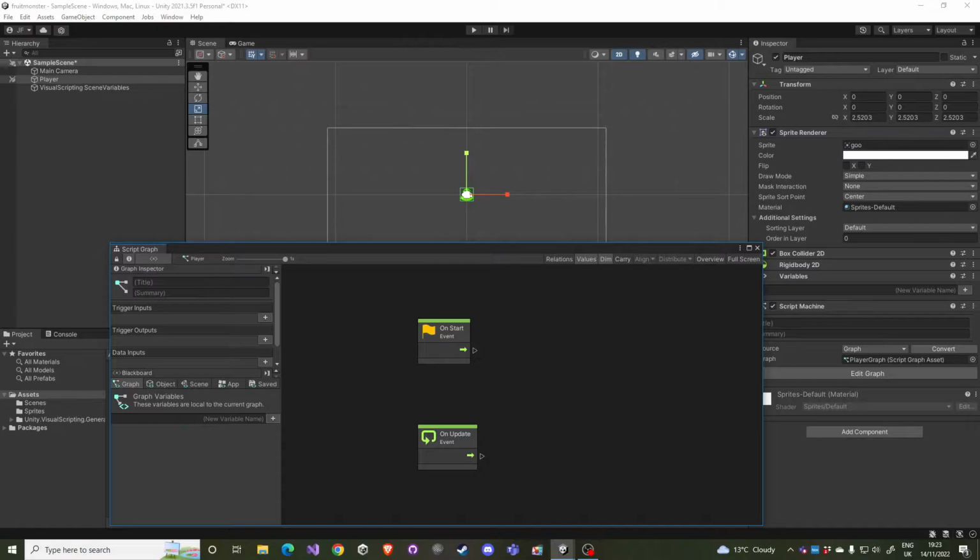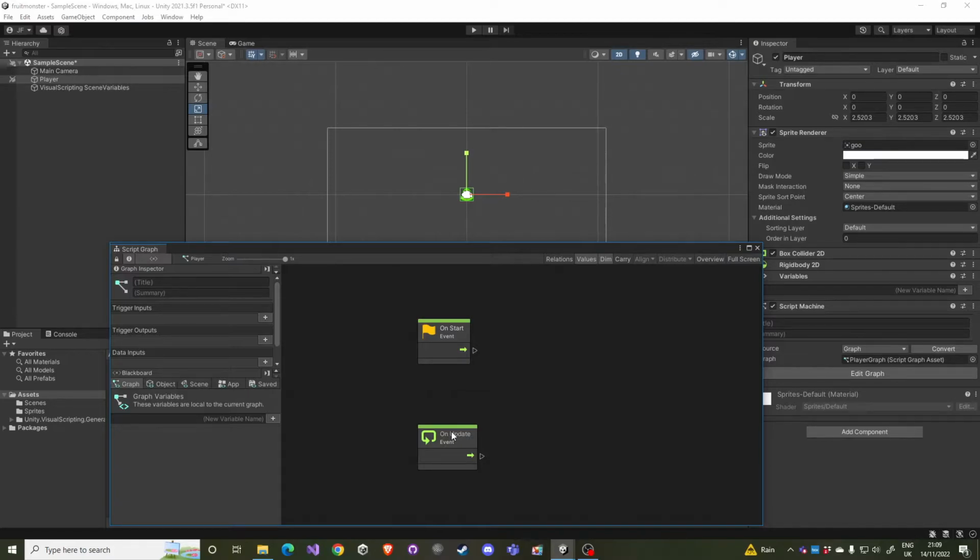And here it is, our first graph. For those of you who are at least a little familiar with Unity scripting, these two initial units or nodes should be quite familiar. On start is the starting point for the flow automatically initiated when the game object is spawned. And on update is the on update part of the command flow, so it's repeated around 60 times per second in each frame to update the